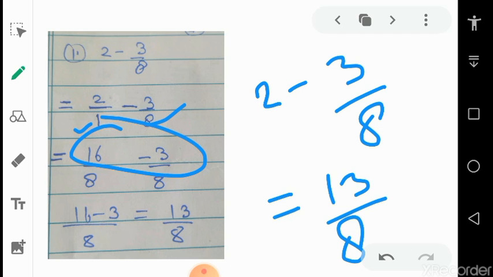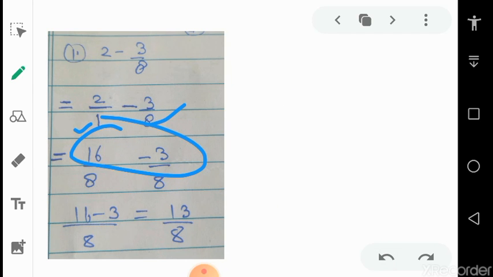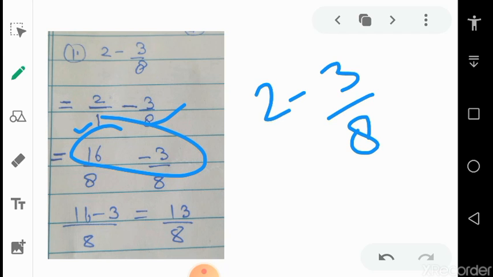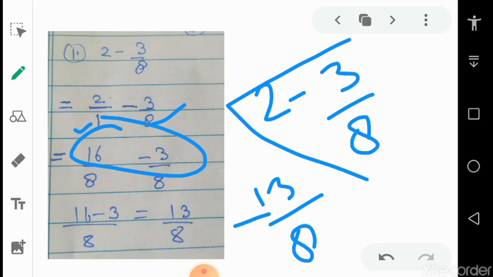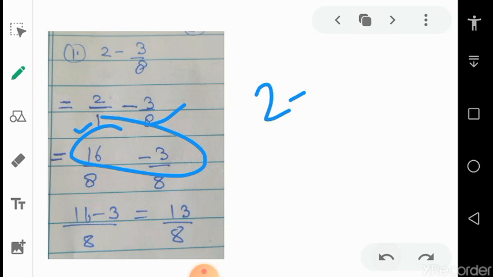Here I am interested to tell you a very beautiful trick. So look at this seriously and listen very carefully. Actually what we are doing, 2 minus 3 upon 8. No need to take the LCM and this calculation. The trick is to multiply, 8 times 2 is 16, and do the subtraction in this way. 16 minus 3 is 13. So the answer will be 13 upon 8, and this is the answer. But this cannot be used to solve the questions. You have to follow this process.